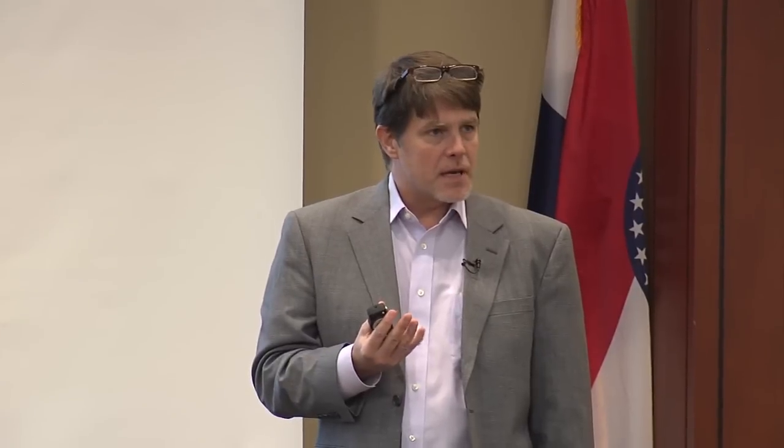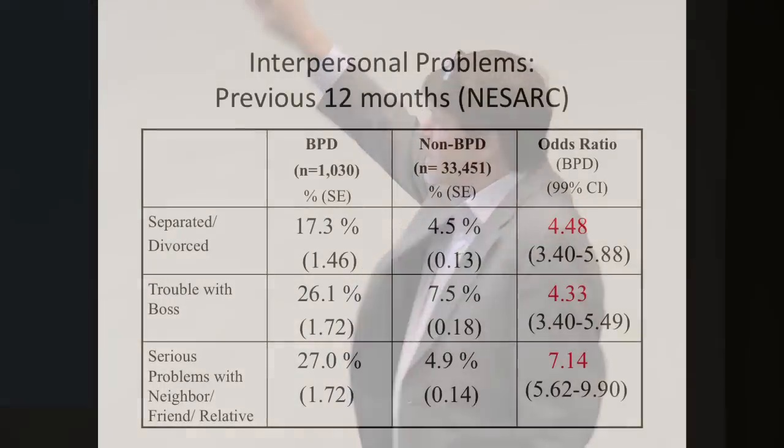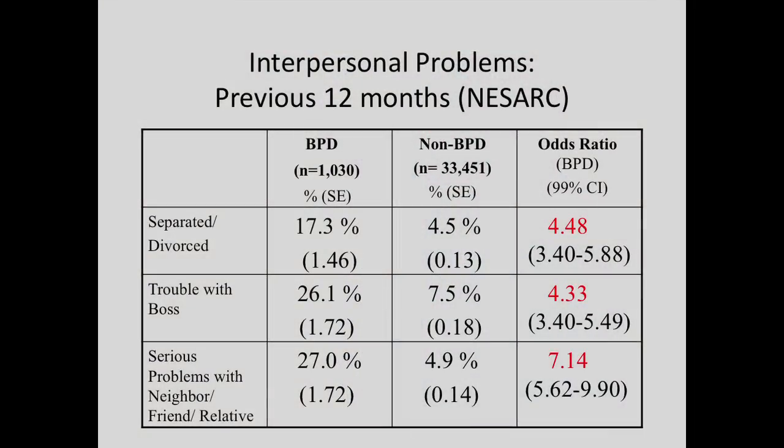Now, just to start off, and just to show you that you see this even in the general population. Like I said before, our best estimates are that maybe 1% to 3% of the general population suffer from this disorder. These are data from the NESARC epidemiological study, which some of you are probably familiar with. At wave 2 of assessment, there are about 34,000 individuals in the US, and they weight the data so that it's representative of the general population.